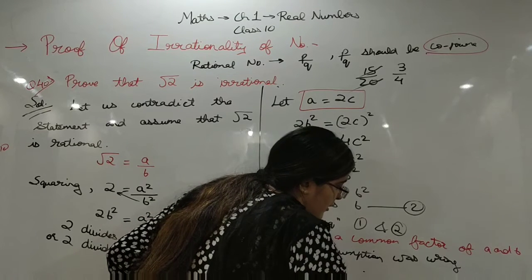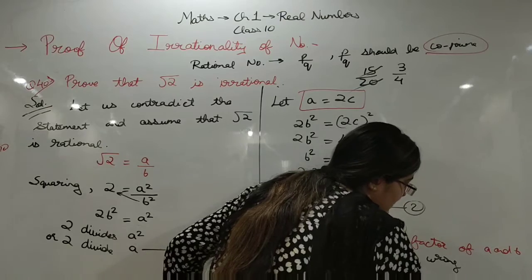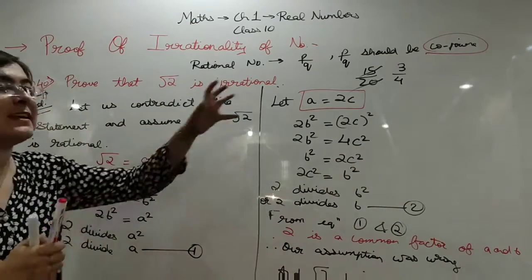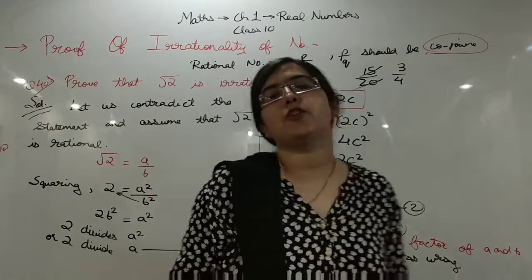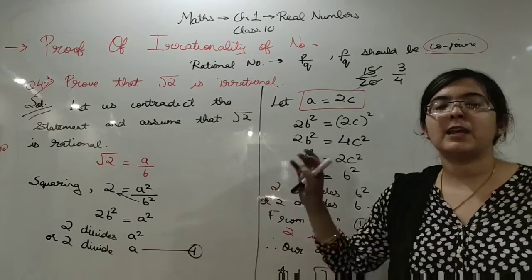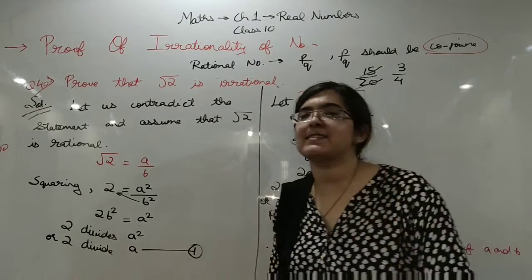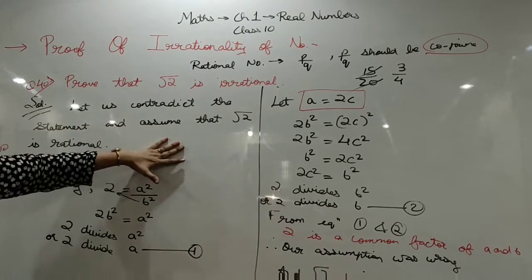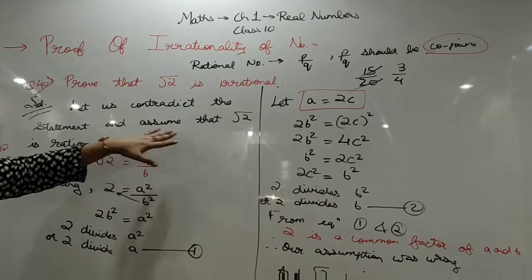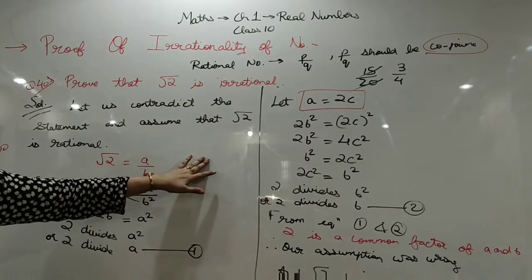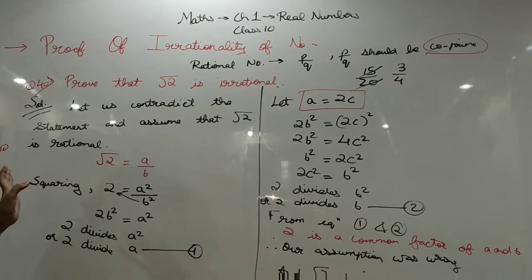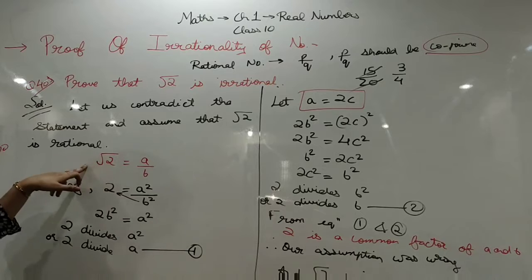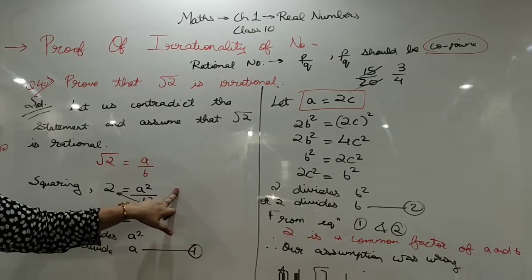Okay, this is your full method. Hence proved. You will say, ma'am, why are we doing all these things? You have to do it to prove root 2 irrational. Keep the procedure in mind. Again, see what we have done. If we have to prove root 2 irrational, we are contradicting the statement and written root 2 equal to a by b as a rational number. We have assumed that root 2 is rational, so we can write it in the form of a by b.